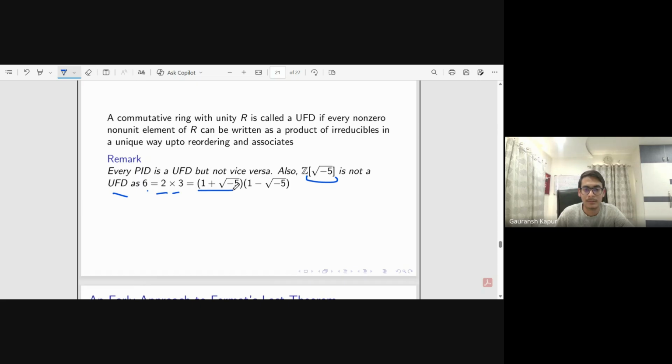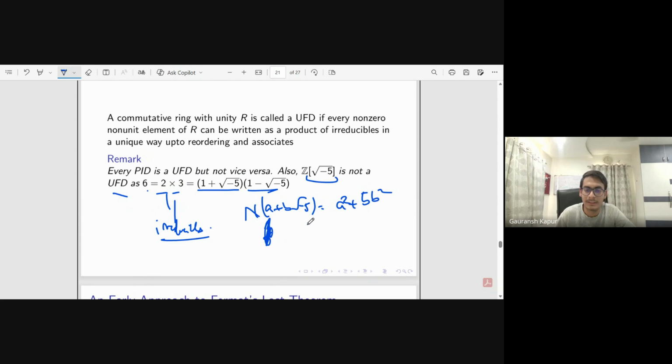which is 1 plus root minus 5 times 1 minus root minus 5. And all of these are irreducibles. How would we check that? You can check that by defining a norm on this, which is similar to the norm of the complex numbers. Not similar, it's exactly the same. So the norm of a plus b root minus 5, we define as a square plus 5b square,